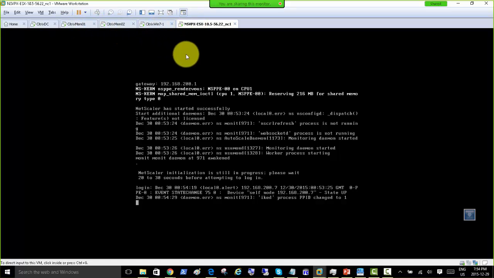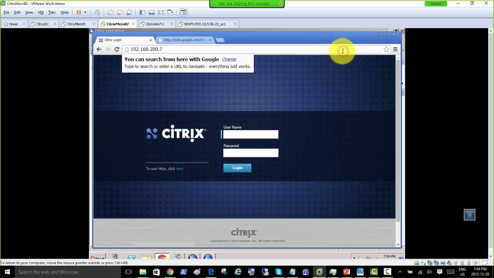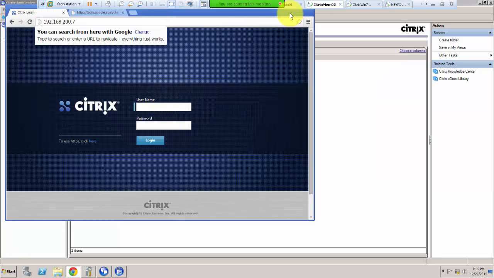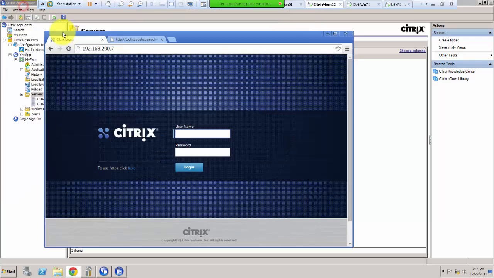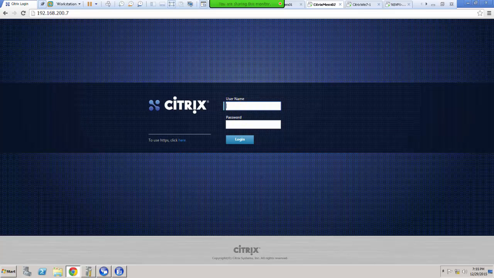Okay. On Citrix mem2. So if I put it, there you go. Okay, so if we go ahead with this, I'm just gonna drag it a little here, and so the default username password is,